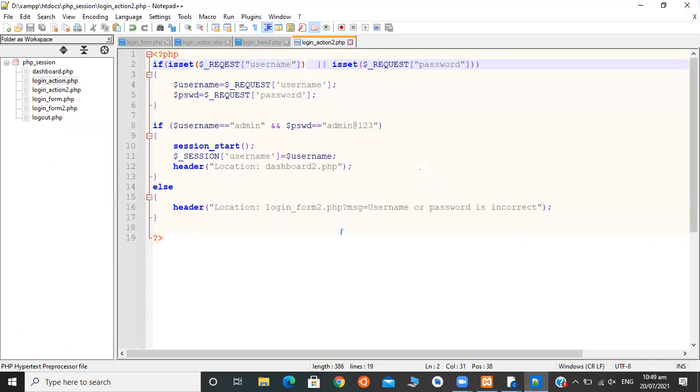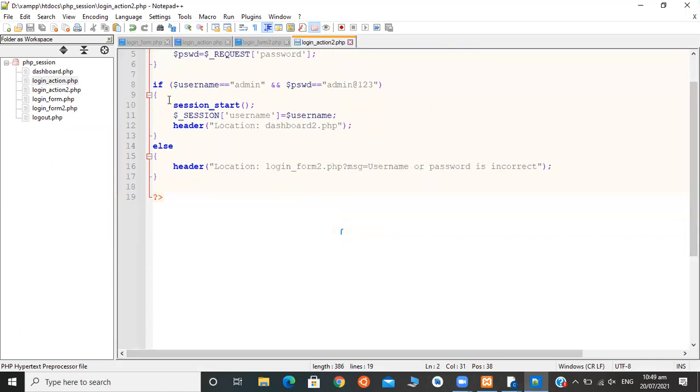This else part is getting executed when we enter wrong credentials. I entered $username equal to admin as the username and something else than admin @123 as the password. So I got the header location with this message, username or password is incorrect. This part got executed.